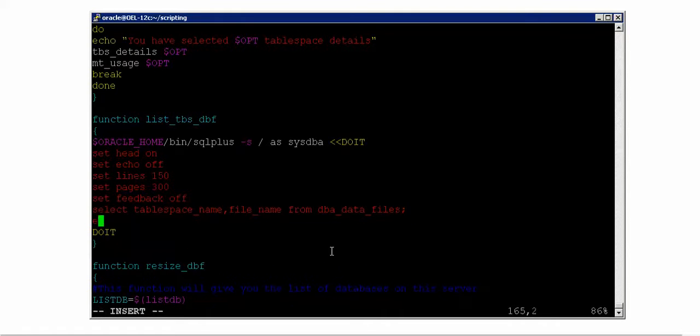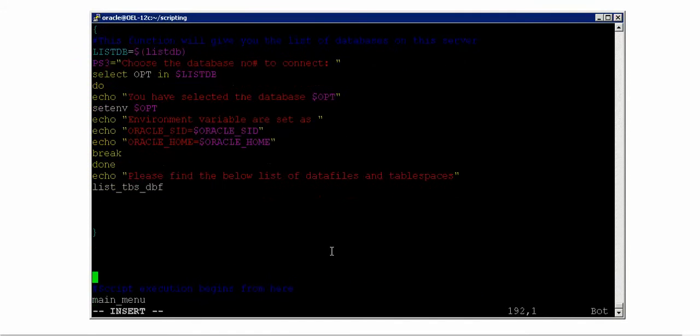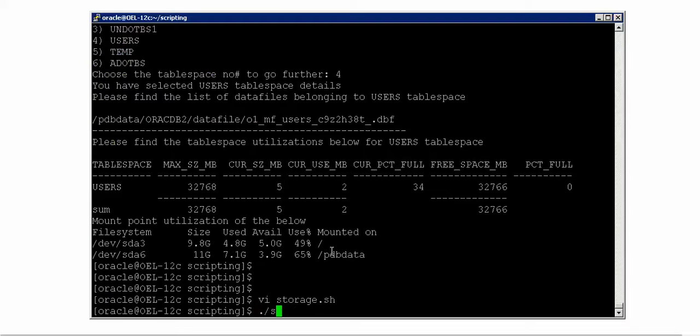That's it, and then exit. Now I should come back here, and after listing out something, it has to go and resize, right? Before I do that, let me check if this is working fine.